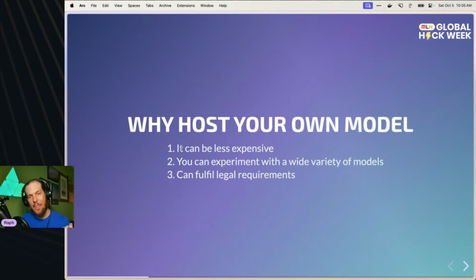Well, one thing is it can be less expensive. So depending on how heavily you use these APIs, if you can run it on your own hardware, it might cost you less. Of course, that depends on the scale, the type of model, all kinds of stuff like that. But it can be a thing that you should consider. Another thing is you can explore a wider variety of models. There's a bunch of small, more specific models out there that can help you out with specific tasks that the big, more generalized models